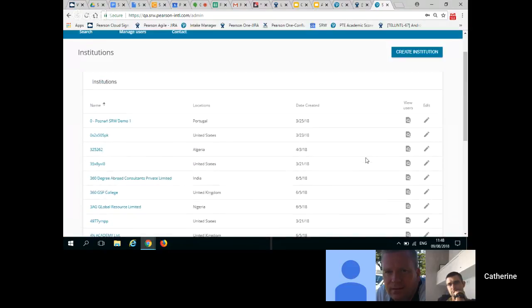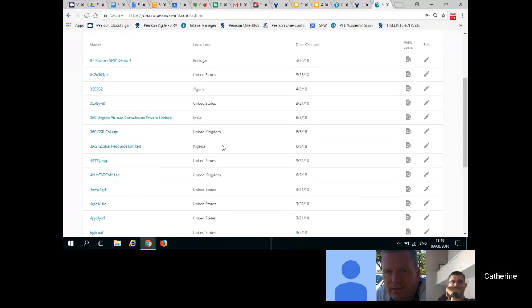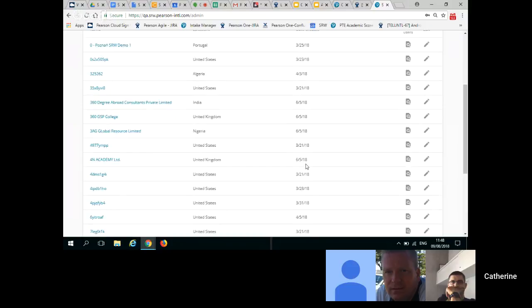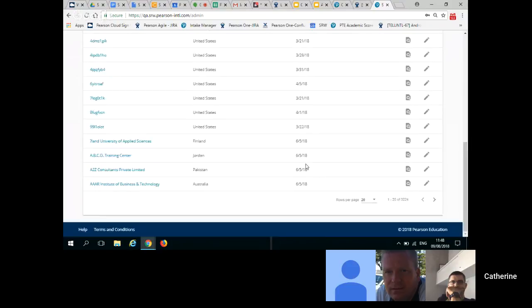We don't have a way of searching them or filtering or sorting very easily at the moment. We've just got a really basic ascending, descending sorting. So actually, if you want to try and locate an institution, it's not particularly easy. So we're going to need to do a bit of work around this just to improve it. If I open an institution,